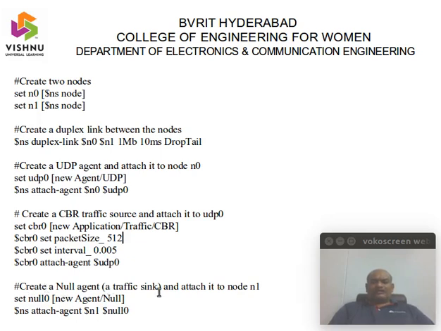After doing that, next create a null agent. This null agent is nothing but your sink, which should be attached to your destination. It receives the actual information sent from the source, and it can come from different directions also. Coming to the destination, it will not forward any information; if it is meant for it, it simply accepts. In this case my destination is n1, so it is my sink, and it accepts all the data which is sent. Now coming to set null 0.